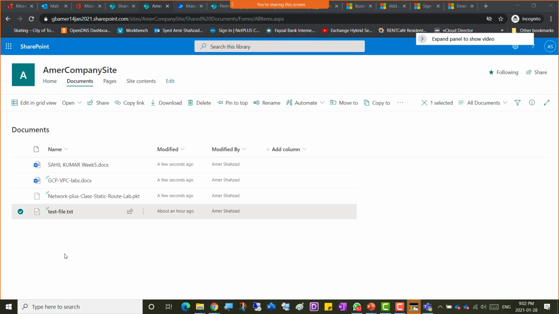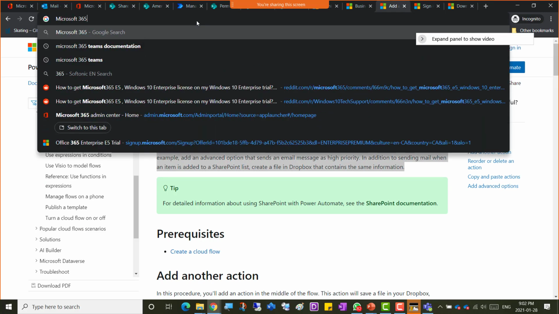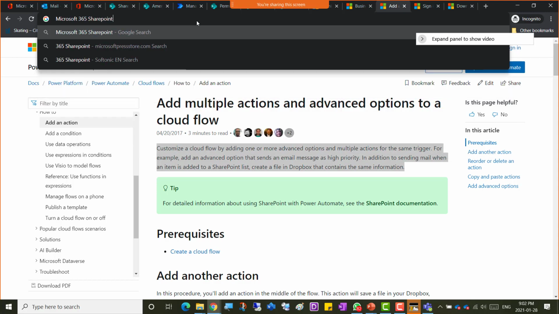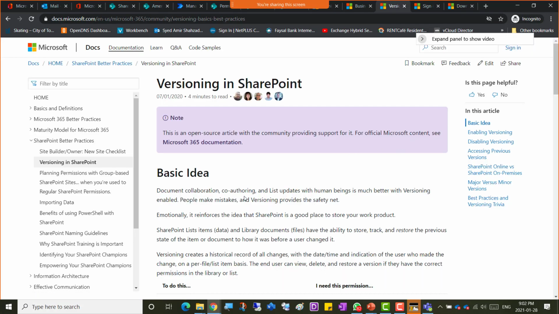So what we can do is check if versioning is working. Microsoft 365, SharePoint, and if I search versioning, how versioning works in lists and libraries. So yes, versioning is enabled. Enable and configure versioning for a list or library. Versioning in SharePoint. So if I click that, document collaboration, co-authoring, and list updates with human beings is much